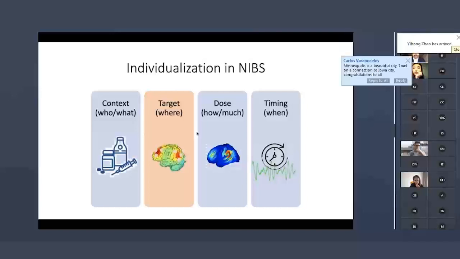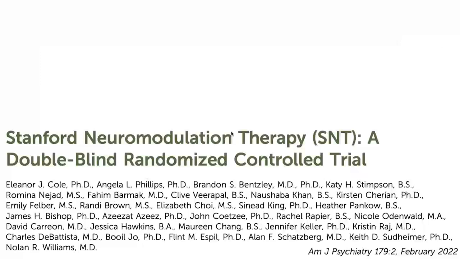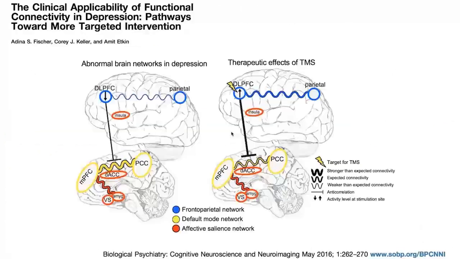So we will discuss a lot about target, and how we can find the right target, how we can optimize the target at the group level, and how we might be able to optimize the target at the individual level. And there are 2 seminal works that are going to inform what we are doing in the field of addiction. One of them is the Nolan Williams work that has been recently published, and people have heard about that. And the other is the seminal work that Michael Fox published recently. I think these 2 works are definitely going to inform what we do for target engagement and finding the optimum targets.